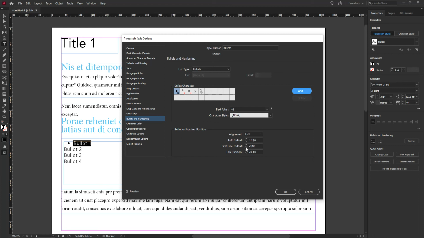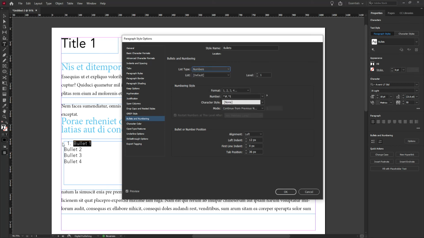So I can go ahead and move the original position of that particular line of text. With that defined, I can also change that to numbers, and you'll notice that it changes your bullet to a number. And you can then define, through a specific format, what constitutes a number or what constitutes an actual bullet. Now, just in short, so that you know, this is